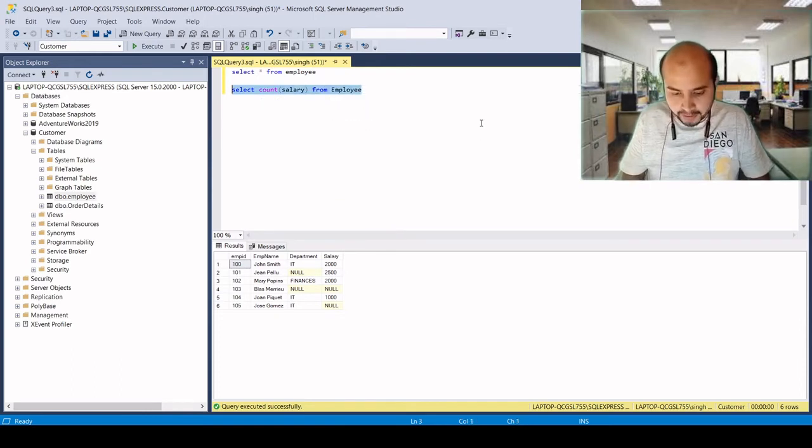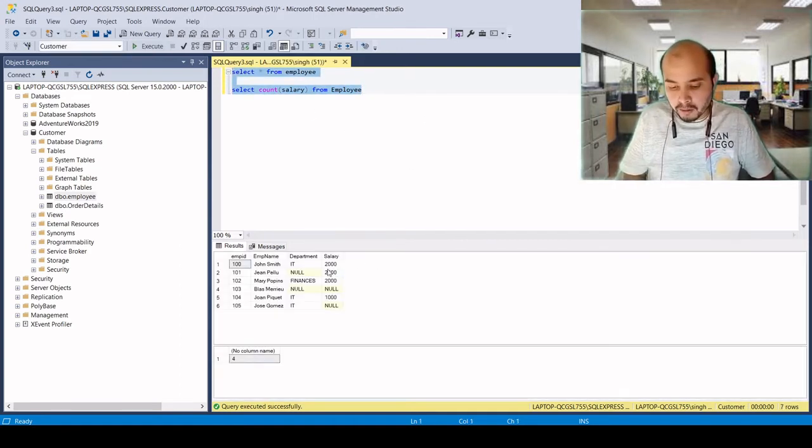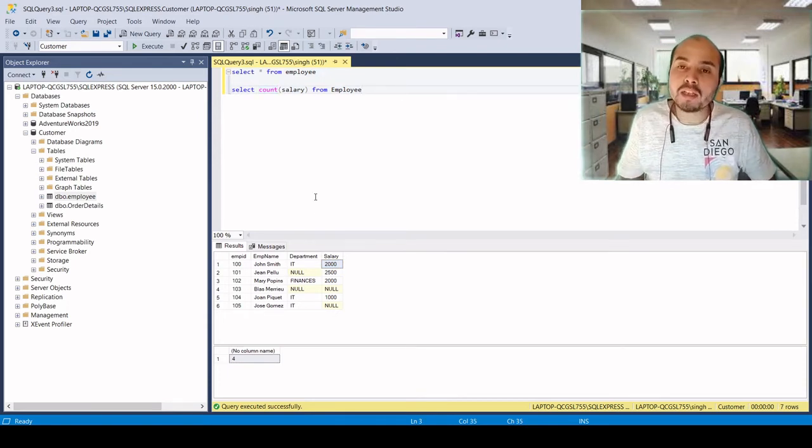Let's see what we get in the output. We are getting 4. Why 4? We had 6 records in this, but the count aggregate function does not count the null value. Here we had 6 records, but 2 records were null, and out of this 4 records had a value. So the count function shows the not null values basically.